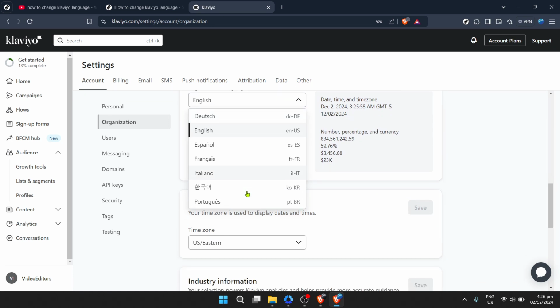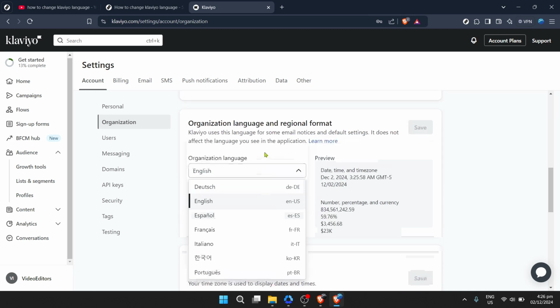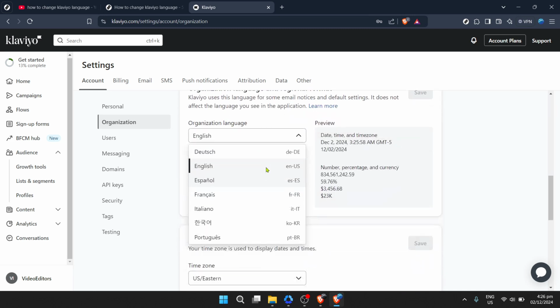Through these steps, you've learned not just how to adjust language settings for personal and organizational accounts in Klaviyo, but also navigated the sometimes less than intuitive pathways within Klaviyo's dashboard to find what you need. Remember, changing the language of your account does more than just alter the text you see. It can help you think and connect more naturally with your audience, especially if you're working in a language that's